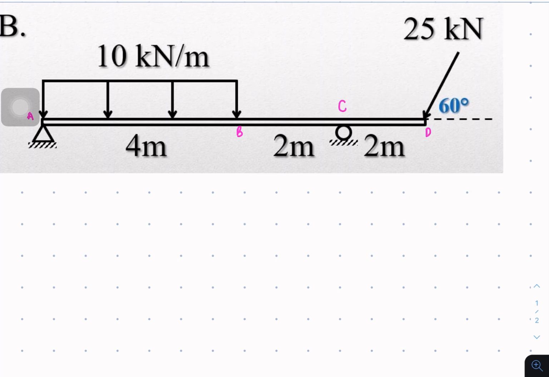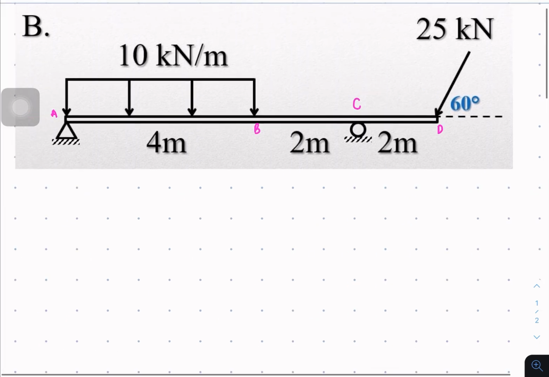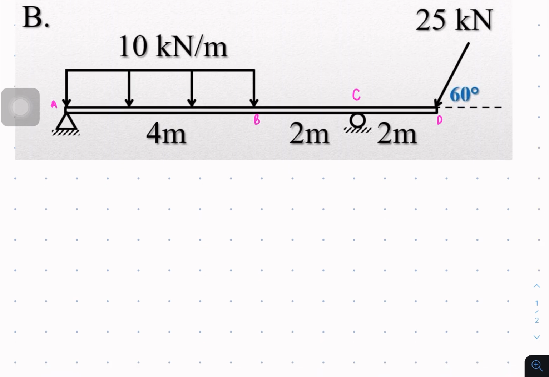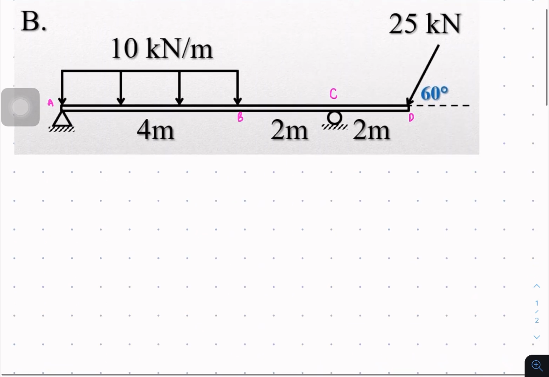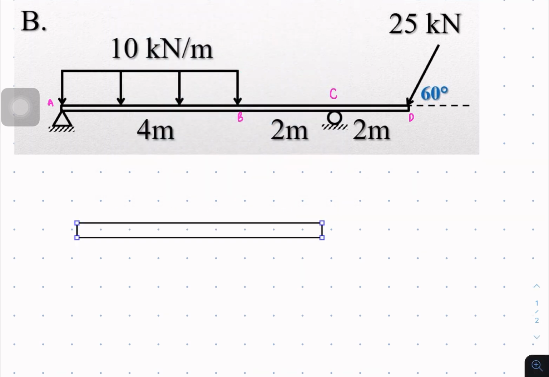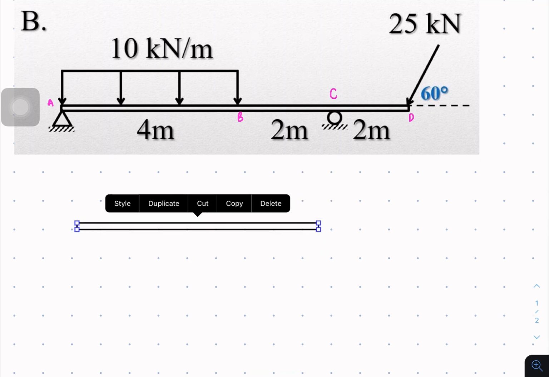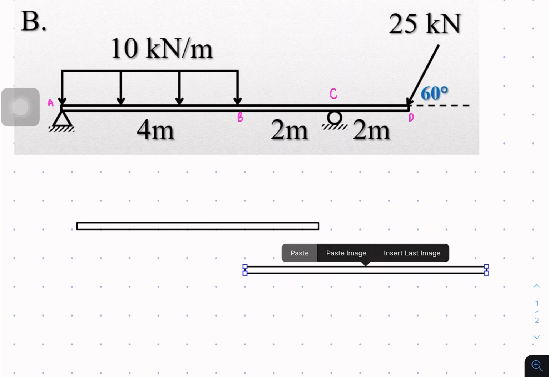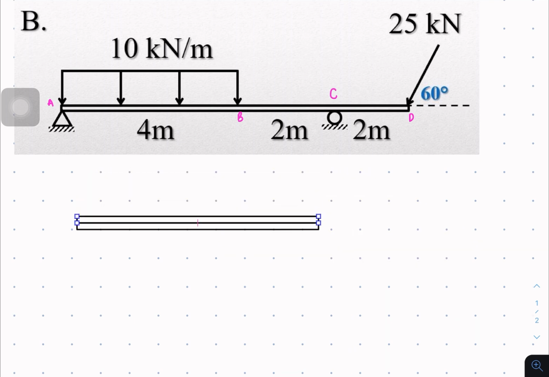your point D. Okay, and what we're gonna do now is draw the free body diagram of the beam. So we're gonna draw the beam again. So this is the procedure: draw the free body diagram. Okay, after that, so let me draw first the beam,